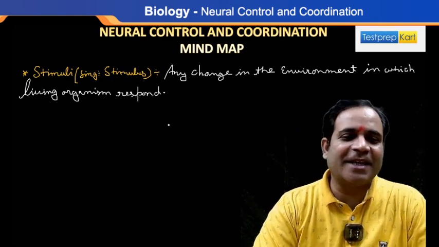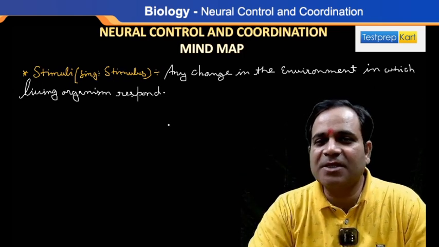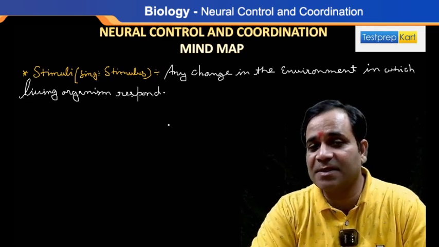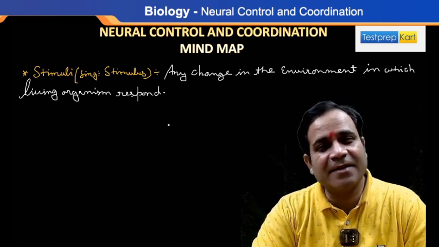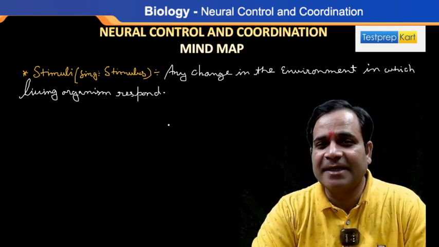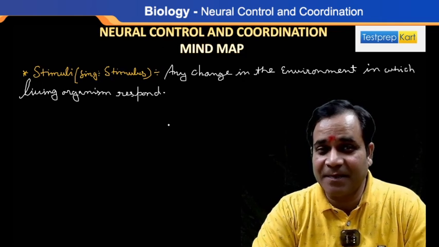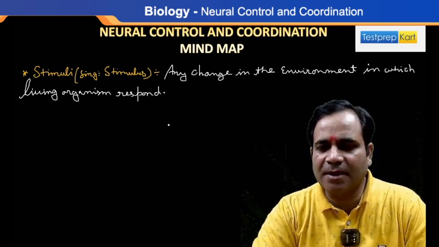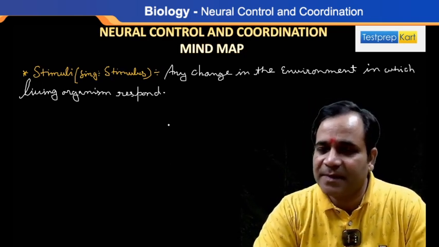Okay. Now see, the term stimulus is clear. Very good. If the term stimulus is clear, it means any change in the environment to which living organisms respond, my dear. And you all know that the environment is not constant. The environment continuously changes. Yes or no? So if the environment continuously changes, then all living organisms give their response or not? Definitely, sir. Now, sir, how do we respond? We respond with the help of the nervous system as well as the endocrine system. This one is correct.